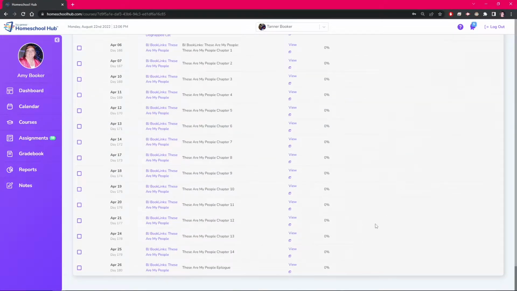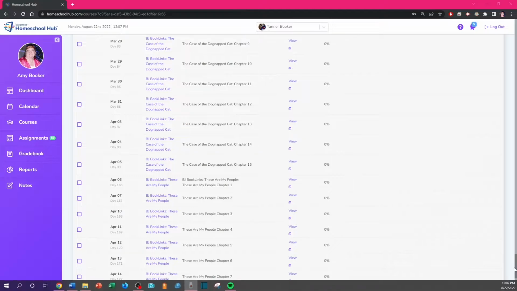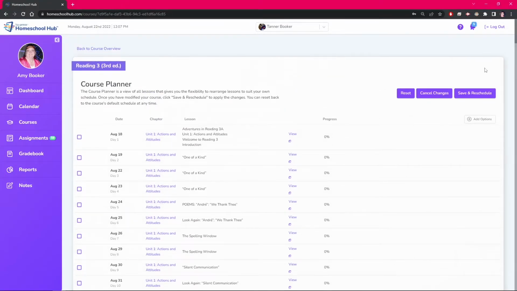Scrolling back up, we can see they are both at the end of the course. Notice that the first book has different lesson day numbers. These are set by default and won't change, but the Hub will make the transition through the lessons as you have set here. Continue scrolling up to the top and click the Save and Reschedule button so the system will